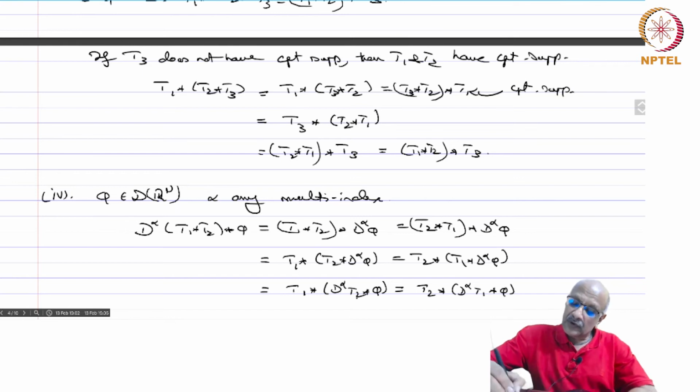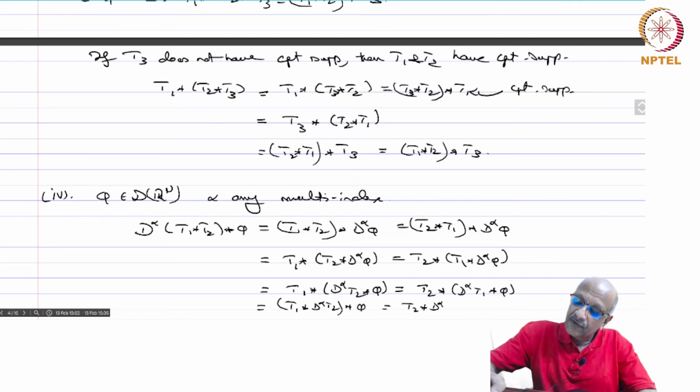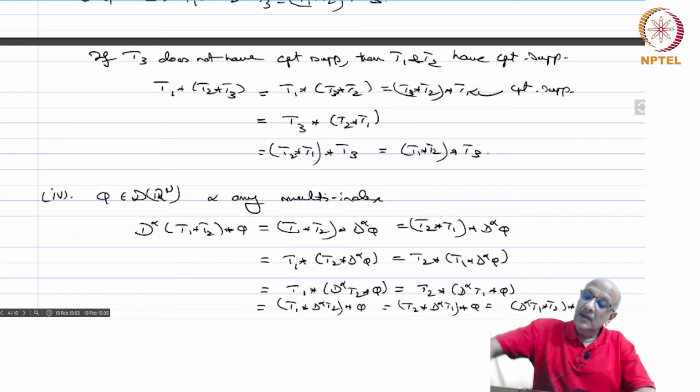Now, you have two distributions and phi which is C infinity with compact support. So, this is T1 star d alpha T2 star phi, which is equal to T2 star d alpha T1 star phi, and which is of course equal to d alpha T1 star T2 star phi by this, and therefore,